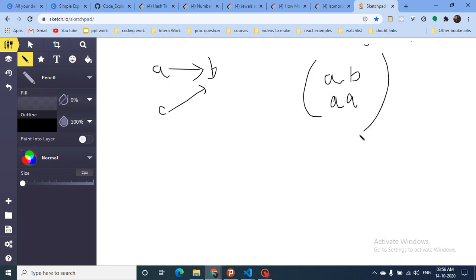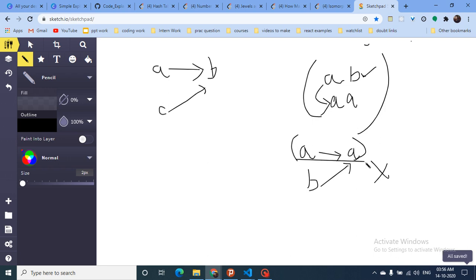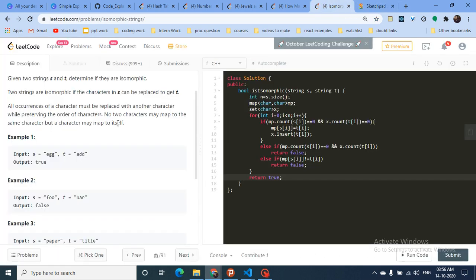As you can see in this, initially I map A to A. Then I come to B, and then because there is B, I'll map B again to A, which is wrong, because for every character I can map this to a single character. I cannot map two characters to the same character. So you have to also keep track of this. So that's the problem statement, and you have to output yes if you can convert S to T using these conditions, else you have to output no or false.